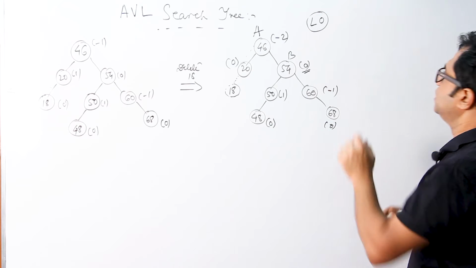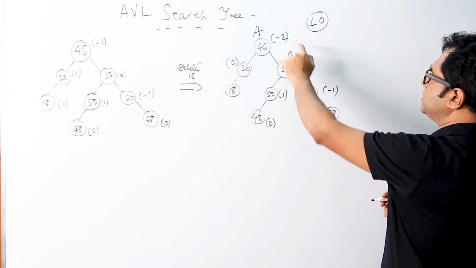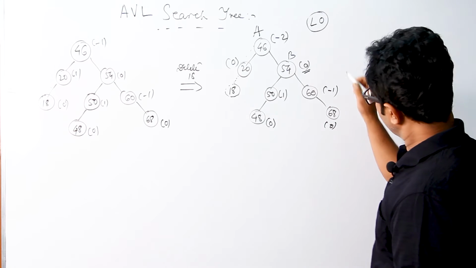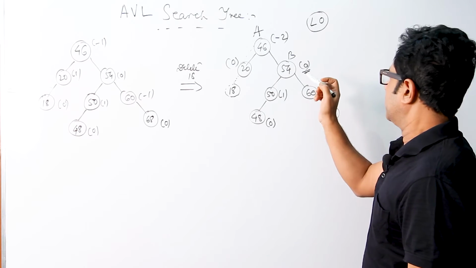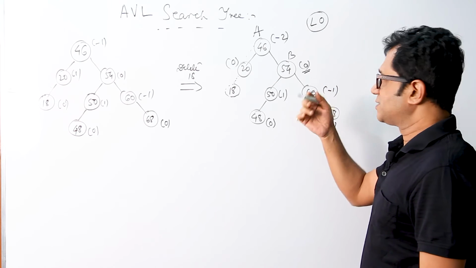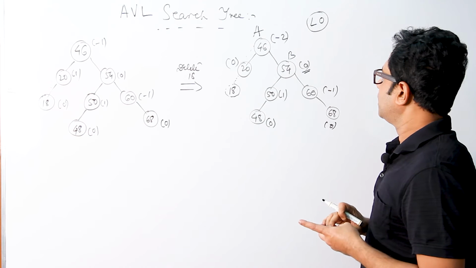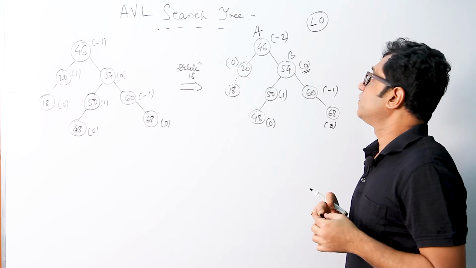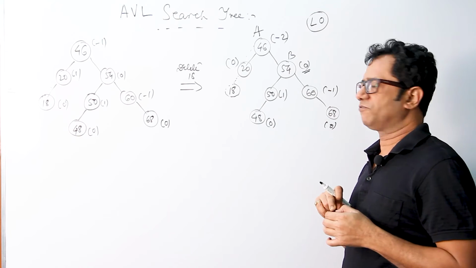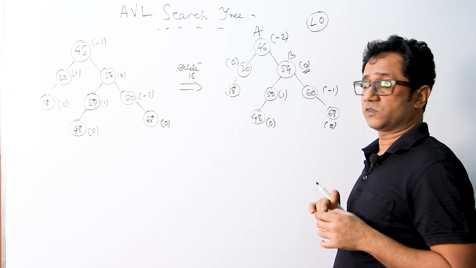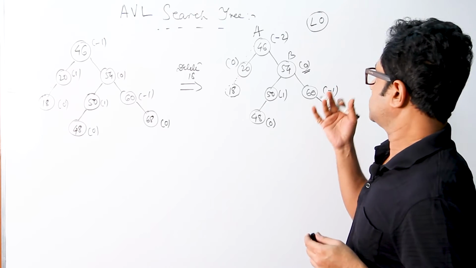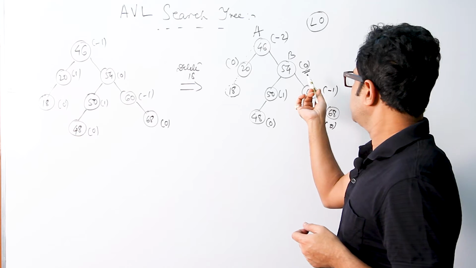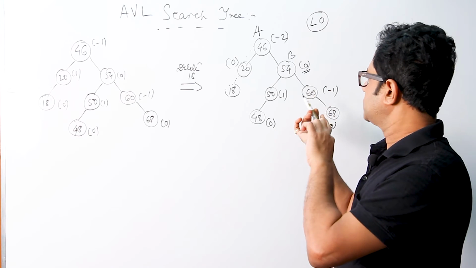So L0 rotation needs to be performed in the case where we have deleted the 18 in this manner. L0 rotation can be done in a similar manner, as it will be reminiscent of the RR rotation which we performed in the case of insertion in the AVL search tree. It is quite reminiscent of that, but it is not at all the same thing. We can just bear it in mind to remember that it is quite similar to the method which we applied